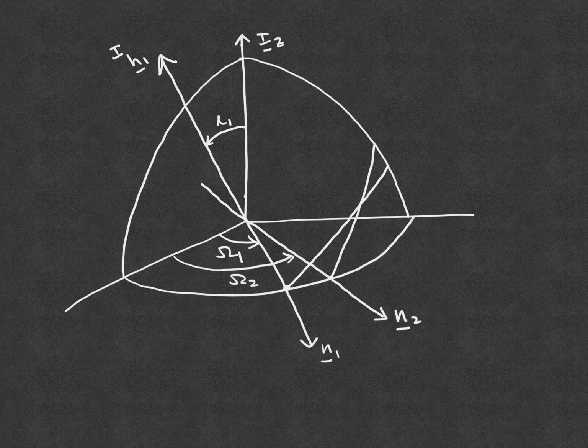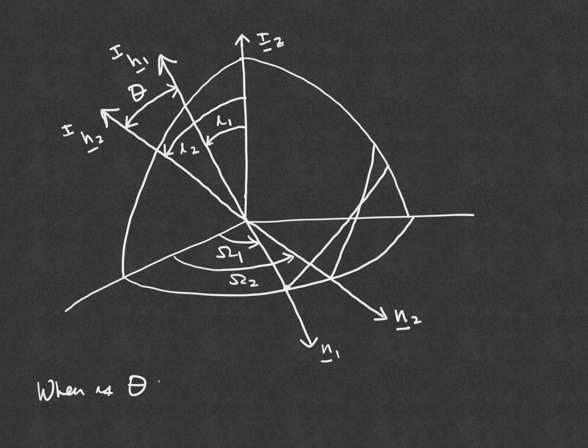H2, which can be drawn as so, H2I. The angle between IZ and H2 is I2. And the angle between these two angular momenta is theta, which is the cranking angle. So now we're asking the question, when is theta equal to I2 minus I1? So the question is, when is the cranking angle equal to the change in orbital inclination?